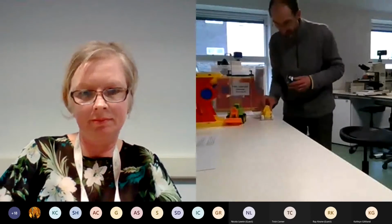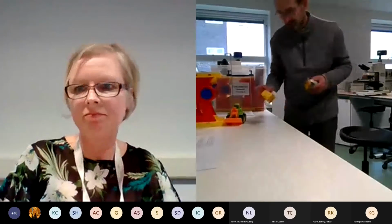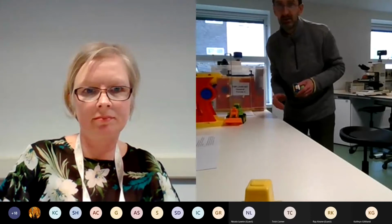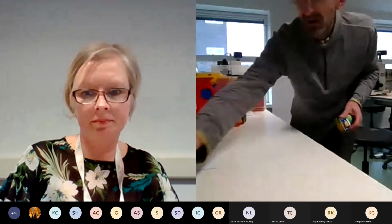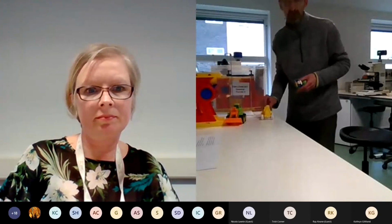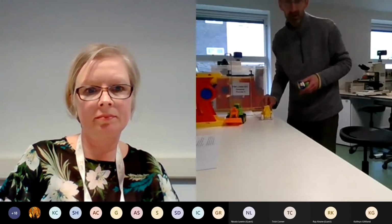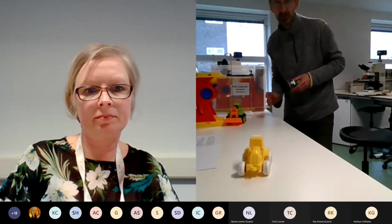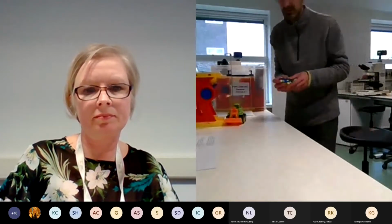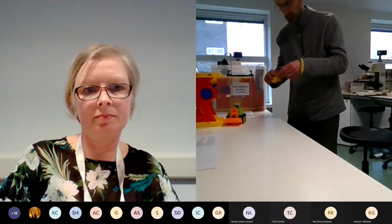I'm at the back, and you can see a white table. Okay, into shot came a little yellow tractor. How did that tractor get from me onto the screen? I applied a force to it. I applied a push force, and it made the object move forward. And that's what...